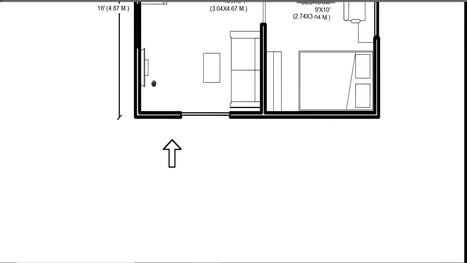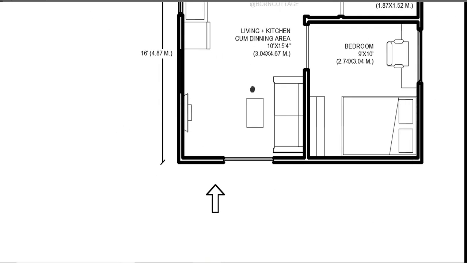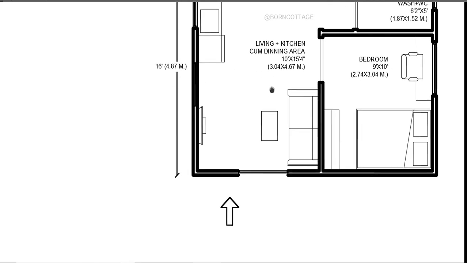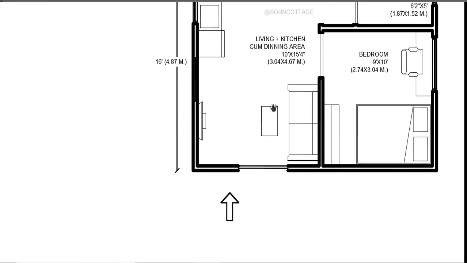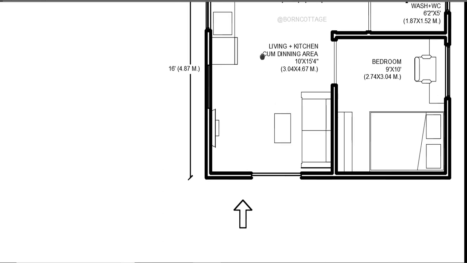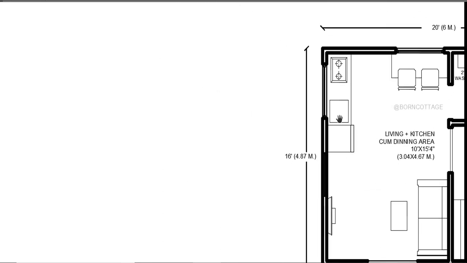In the front we have a door here. After that we'll go inside. So we have living plus kitchen cum dining area. You can see here the sofa arrangement, tea table arrangement, TV unit on the front wall, and we have kitchen cabinet with burner, sink and refrigerator arrangement. Also we have a dining counter with 2 chairs and 3 large size windows for ventilation and light purpose of